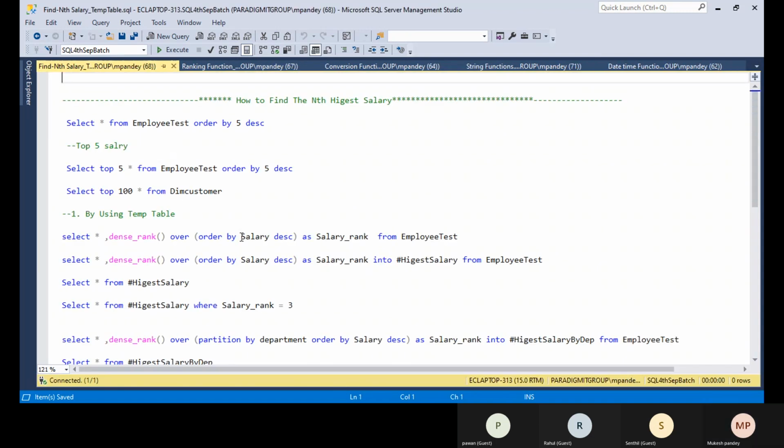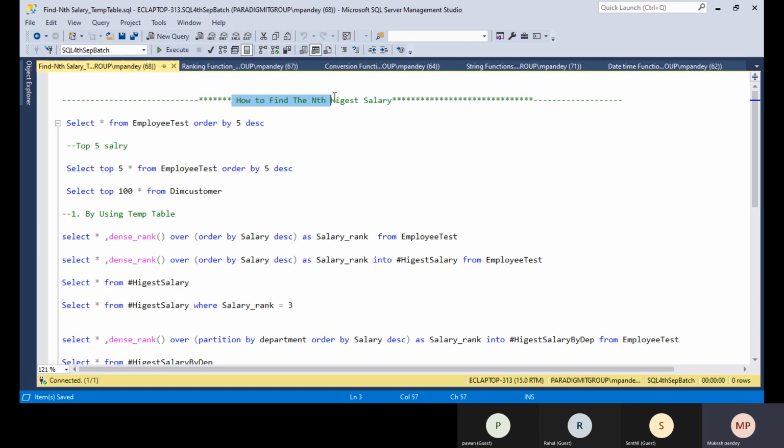If you attend any interview and you are entry level, you will definitely get this question. I will show you right now how we can find it using the temporary table concept. Later, when we discuss subqueries, I will also discuss how we can find the nth highest salary by using a derived table and a CTE. So four or five ways we can achieve this. Sometimes, if you answer using a derived table, they can ask if there is any different way we can achieve this answer.